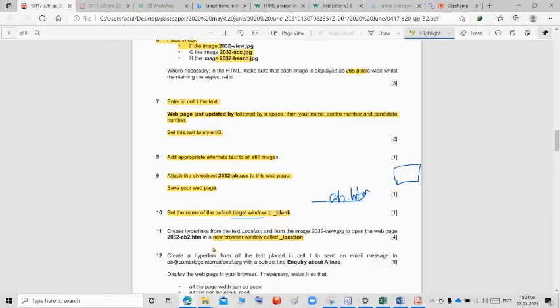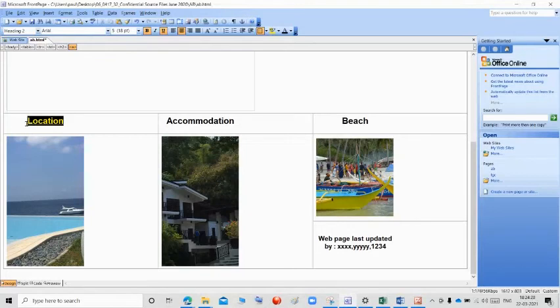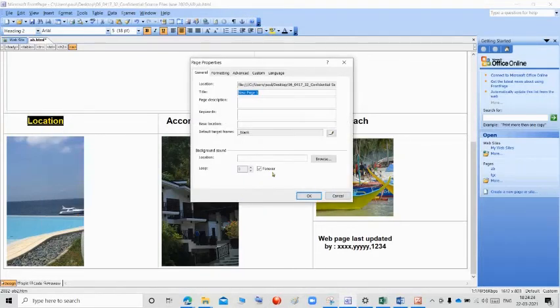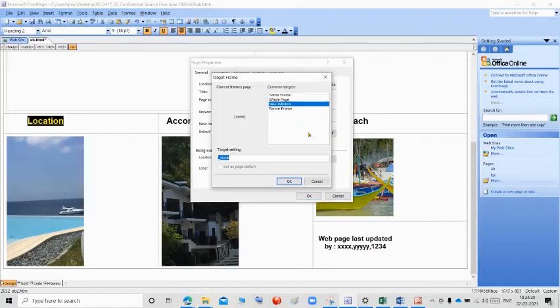Next, once you create the hyperlink for the location and the 2032 image, they want us to set the target window name to location. So I select the image, right click, go to page properties, click the default target frame, click new window, and we can give the name as location.